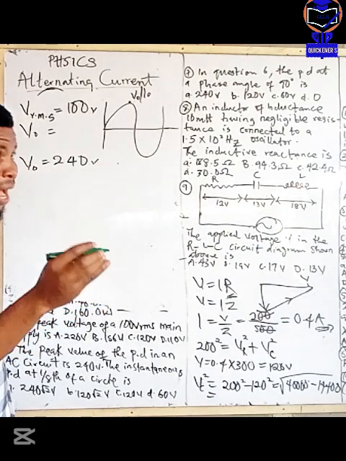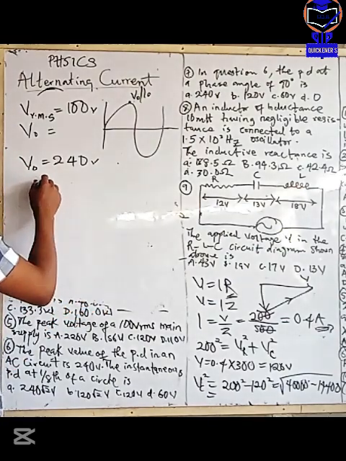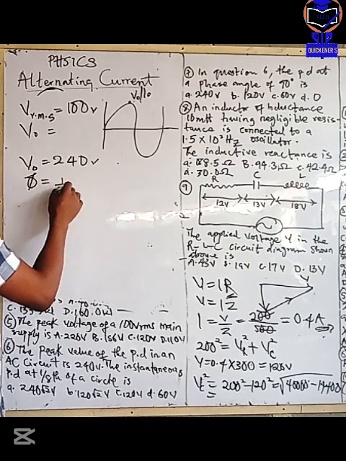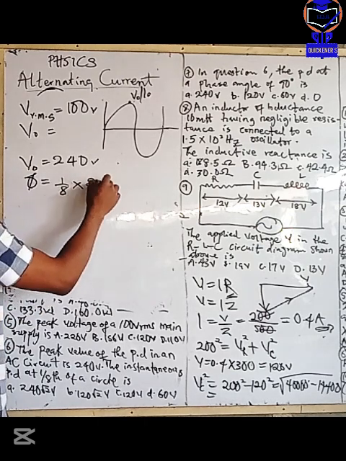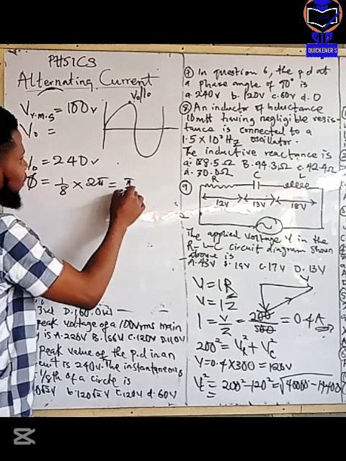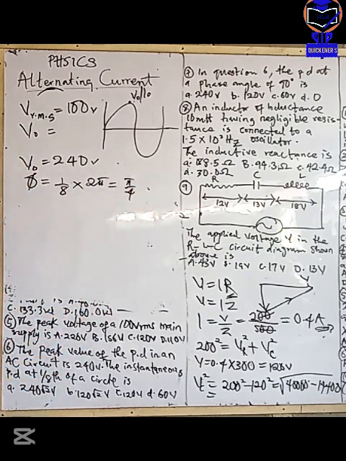One cycle is 2 pi, right? So 1/8 of the cycle is 1/8 of 2 pi. 1/8 of 2 pi is pi over 4. Are you getting this? Pi over 4 is more like 90 degrees. So the question says,